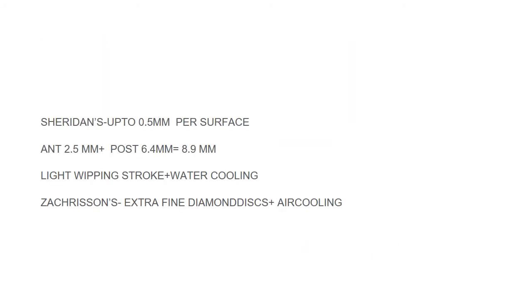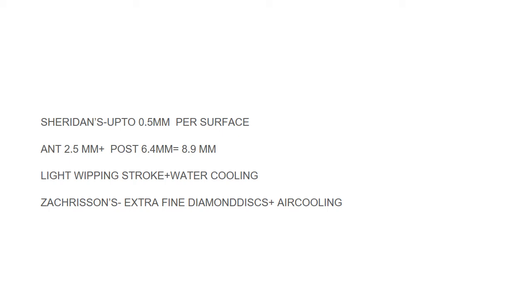Sheridan said that up to 50% of one enamel surface can be reduced during IPR. That's almost 0.5 mm per surface. Going by that measure, in the anteriors, you're getting 2.5 mm of space. In the posteriors, you're getting 6.4 mm of space. So overall, you are getting almost 8 to 9 mm of space just with the help